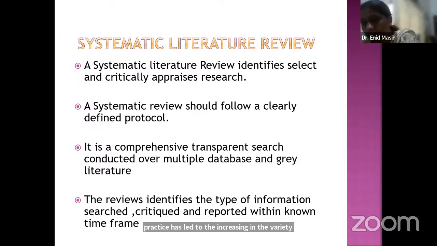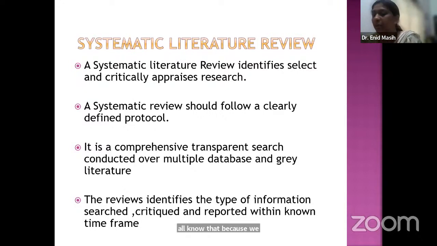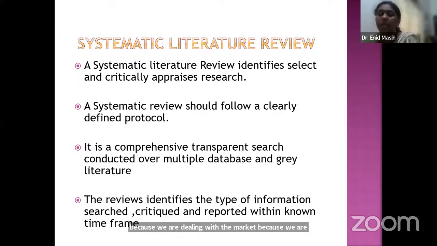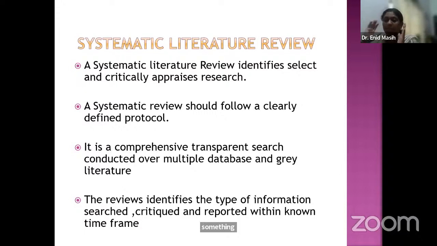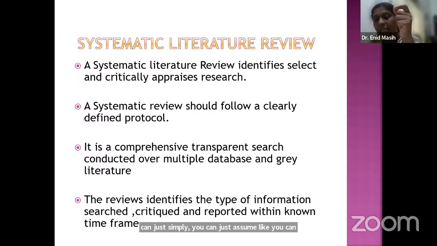types. We from the area of management all know that we are dealing with humans, with the market, with so many things where it is very difficult to predict the future, and very difficult to set something into a pattern. You cannot predict human behavior. You can just assume that because of this policy, people may behave in such a way. But